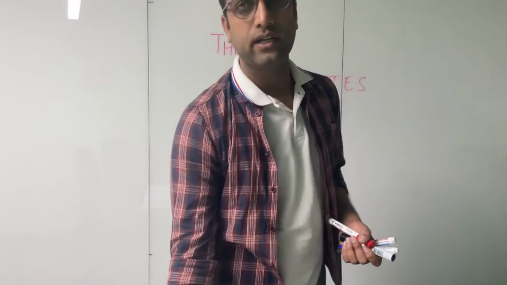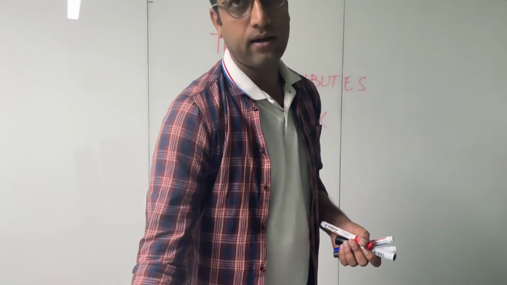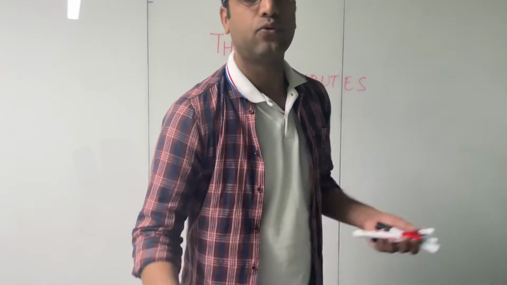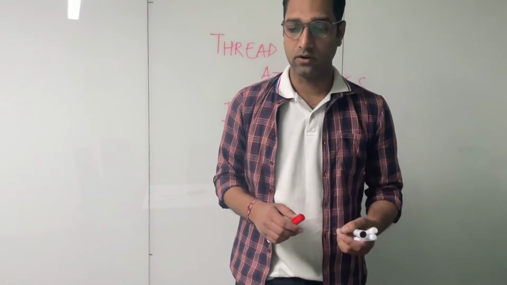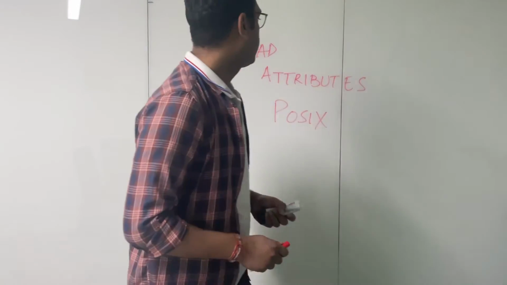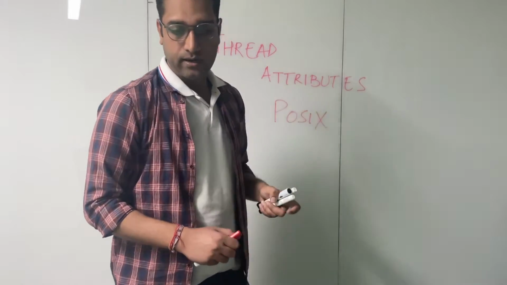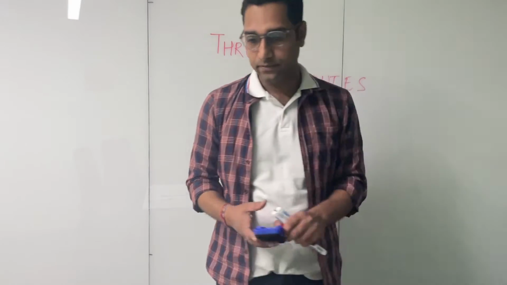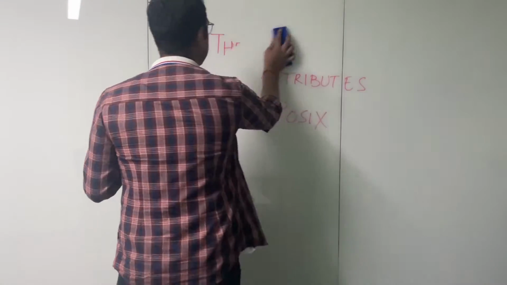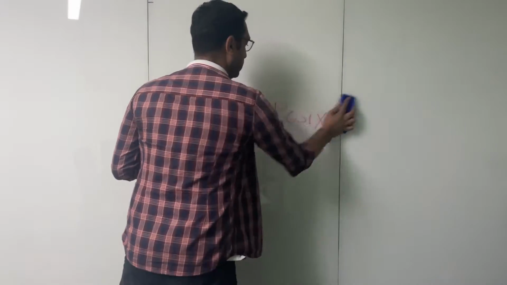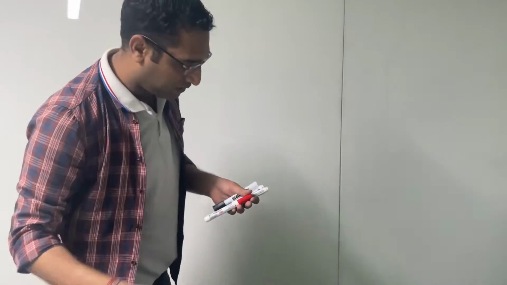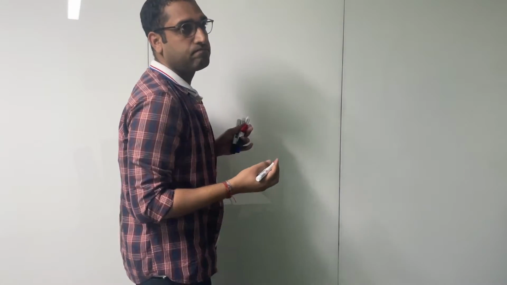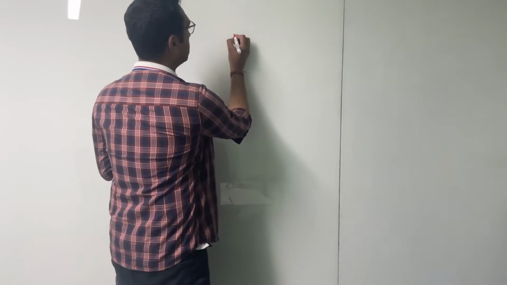We will study what thread attributes are and what their objectives are, and how to implement them and get the best out of them. Again, we shall be using the POSIX library. First things first, the objective. As I usually say, in anything we start with the objective. So the objective of this concept of thread attributes is